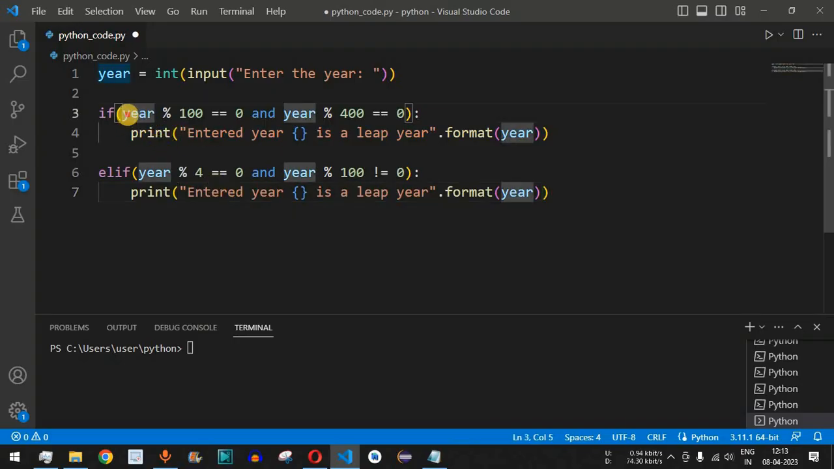First of all, if the year is a century year, which means it is divisible by 100, and if it is also divisible by 400, then only it is a leap year. And if it is not divisible by 100 but it is divisible by 4, then also it is a leap year. Now guys, for all the other conditions the entered year is not a leap year,